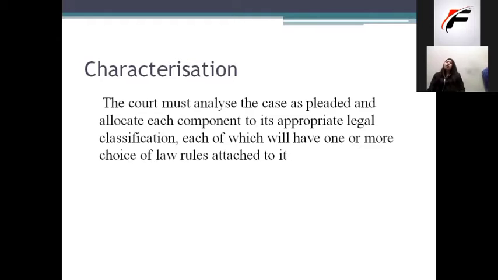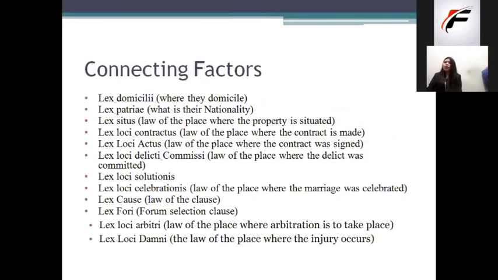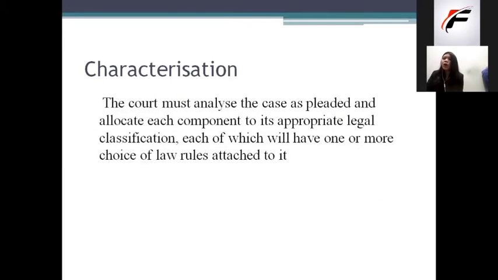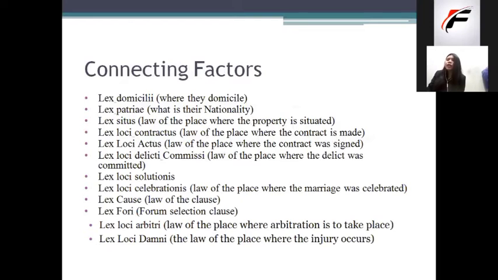So, when there are cases, the court has to allocate each component to the appropriate legal classification. The court analyzes the case as stated and allocates its components to the appropriate legal classification,